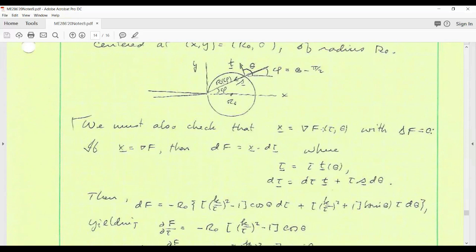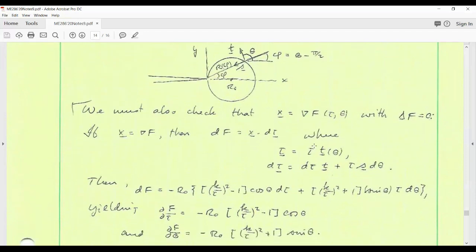In stress space, we're using radius tau and angle theta as the polar coordinates. So we need to verify that there's a function f of tau and theta whose gradient is this x we've just written down, which moreover has to have 0 Laplacian. So let's verify that. Well, if this were true, then it would be true that the differential of f would